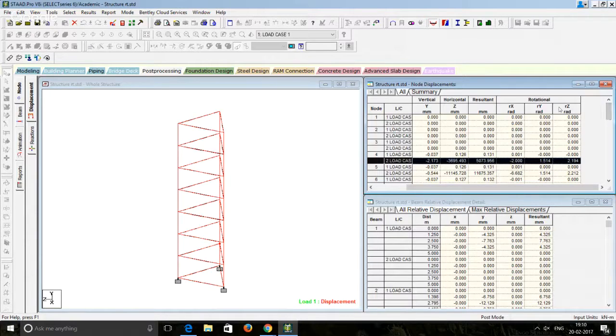Okay, so this table is particularly given for node displacement. Now we'll go for beam related displacement. You can also analyze the relative displacement of beams so that you can analyze the structure in a better fashion. Now, for people like me who are more interested with the animation stuff, you can go,